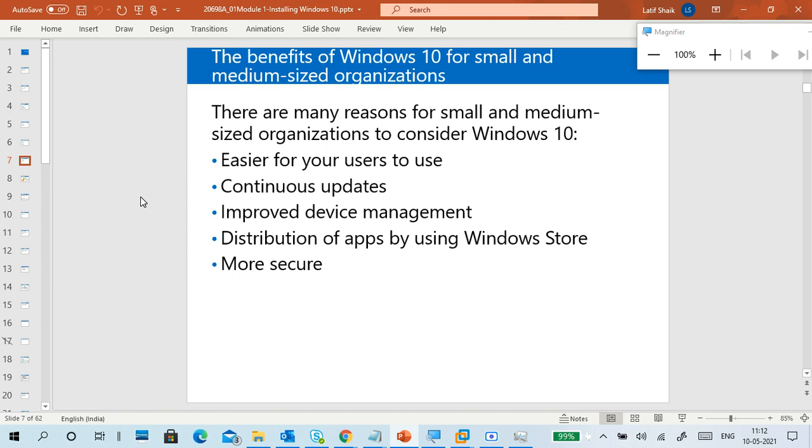Personally I'm telling you about Windows 10: once you have Windows 10, you don't need to buy Windows again. It means if you have Windows 7, when Windows 8 was released you had to buy Windows 8, then Windows 8.1, like that, right? But from Windows 8 onwards they stopped selling the operating system.